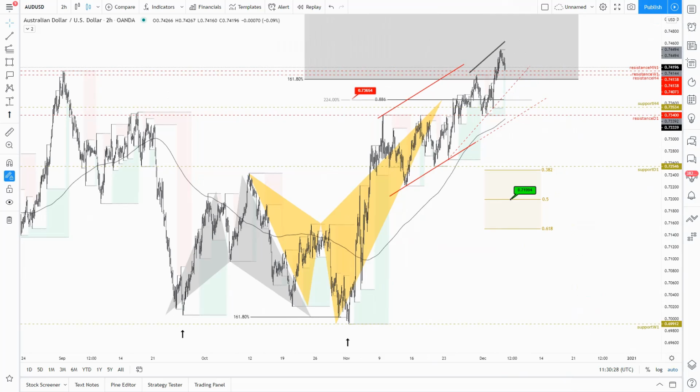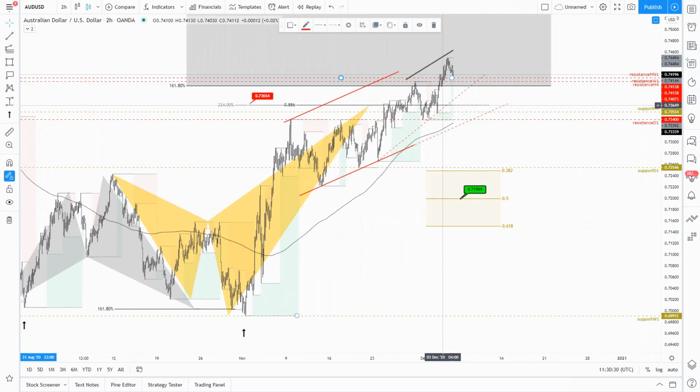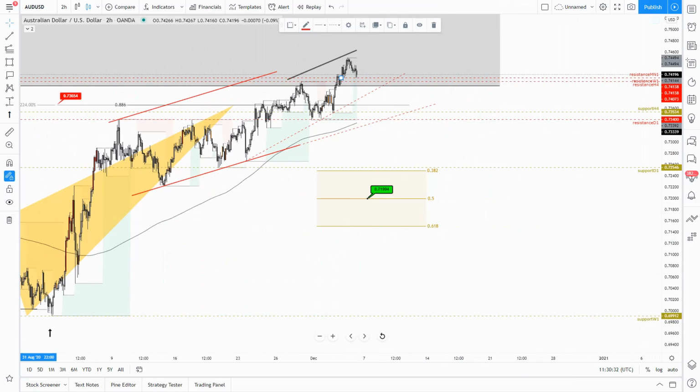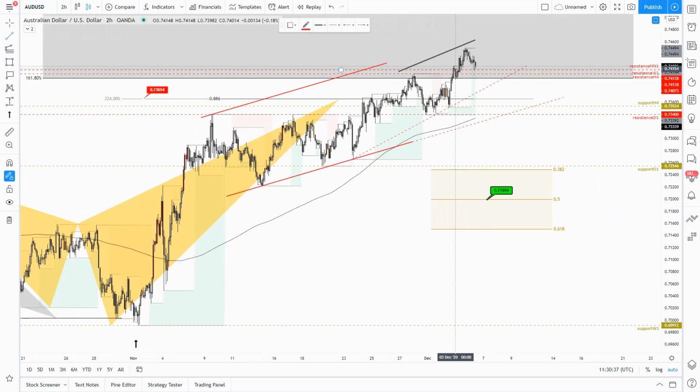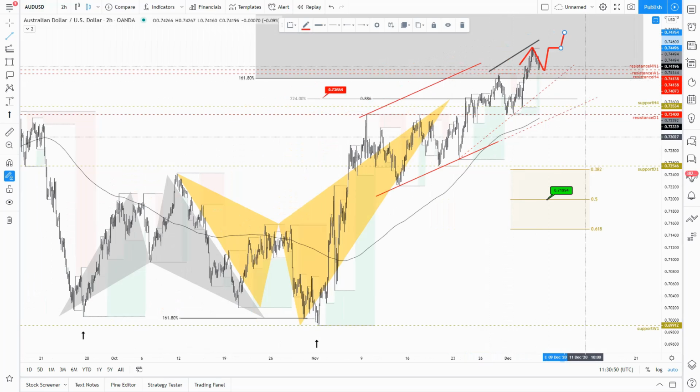Australian dollar, Aussie, also trading above the monthly fractal, and now using that monthly fractal as one of the examples, trading above the monthly fractal and then retesting that fractal again. If the market decides to break above these highs, that may trigger more upside momentum. So above the most recent highs, the market has decided to retest a broken monthly fractal. So as soon as the market recovers above, that may trigger more upside momentum for Australian dollar.